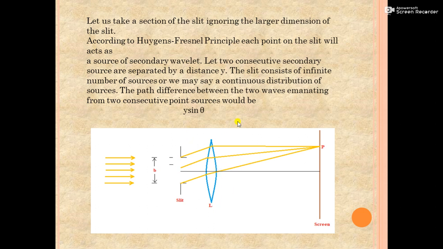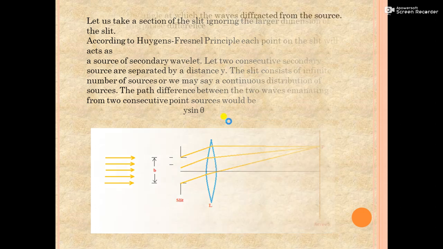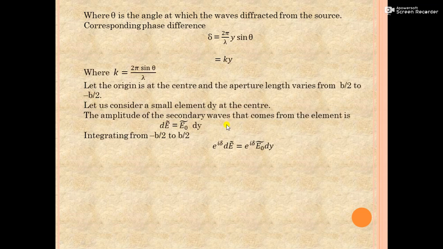the amplitude of the secondary waves that come from the element dy can be written as dE tilde equal to E naught tilde dy. So to get the contribution from all the secondary sources, we need to integrate from minus b by 2 to plus b by 2, and this gives E tilde equal to E naught integral from minus b by 2 to plus b by 2 of e to the power i k y dy,